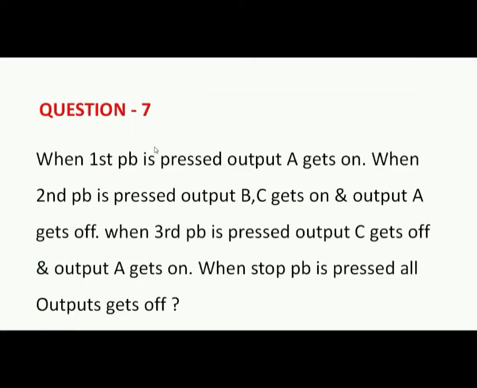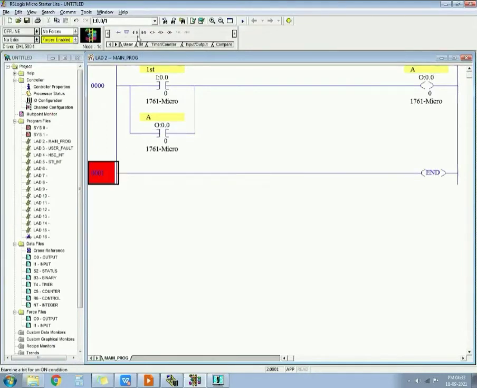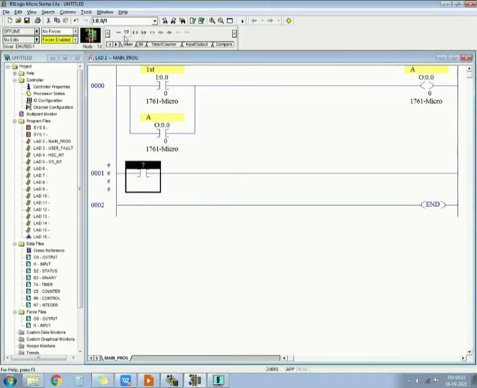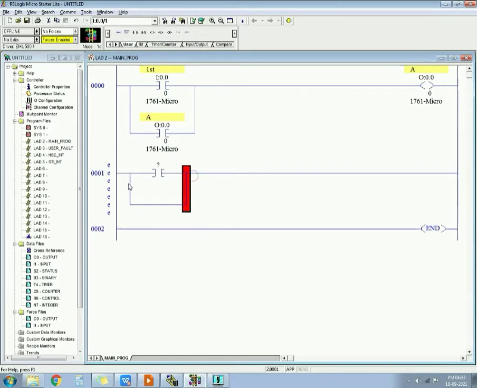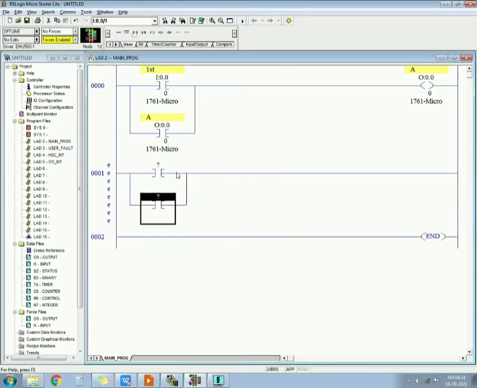When the second push button is pressed, outputs B and C get on and output A gets off. We have to make a second push button. Okay, second push button, B and C get on with the second push button. So I will make a latch and I will have to use two outputs, B and C. You can also separate both.